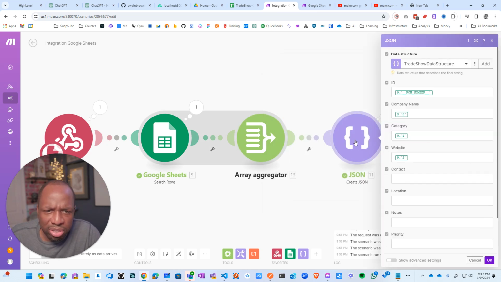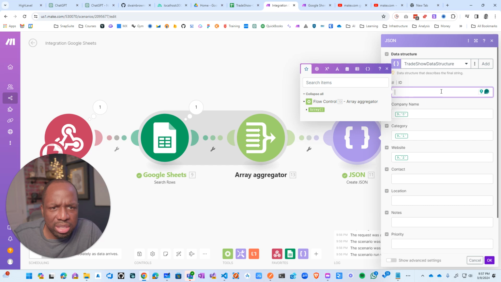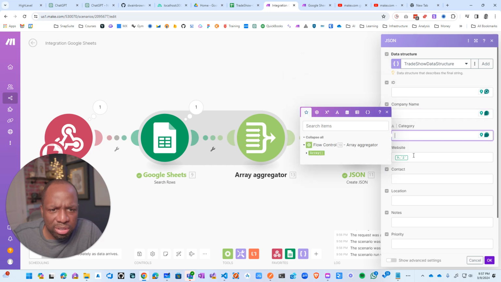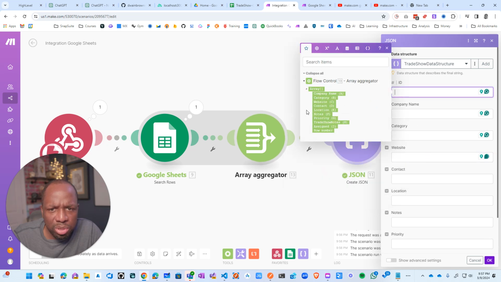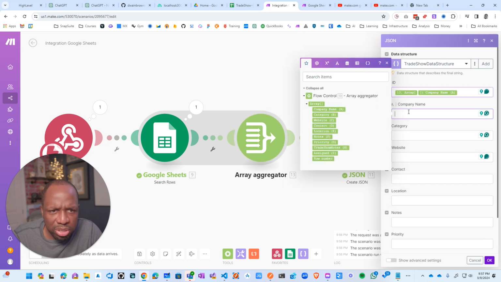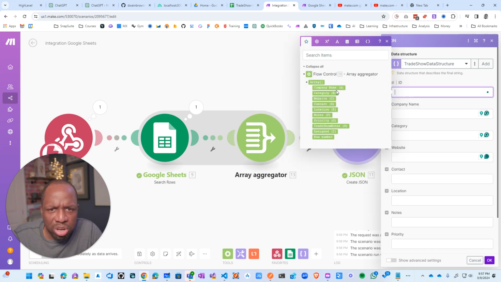Now in here, what I would like for you to do is not get the aggregator, but get the details from the aggregator, right? So here, now we can expand the aggregator and choose company, choose row number,